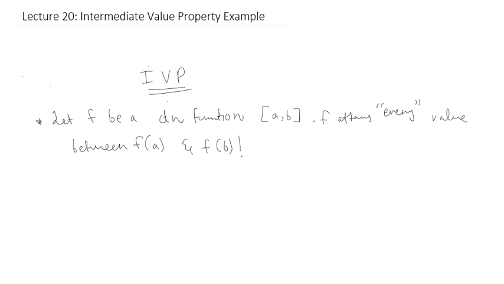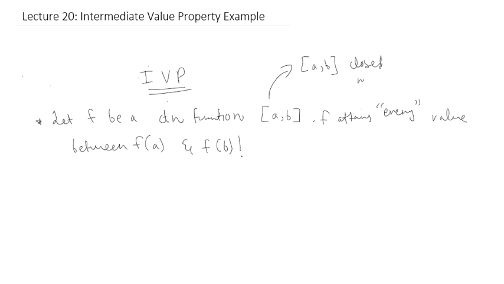So this video will be just a small recap on the intermediate value property and one example regarding this property. So we talked about the intermediate value property, right? So IVP basically suggests that if there is a function f and it turns out to be continuous in the closed interval [a, b], right? And this is very important to consider at this point, that the interval [a, b] is closed